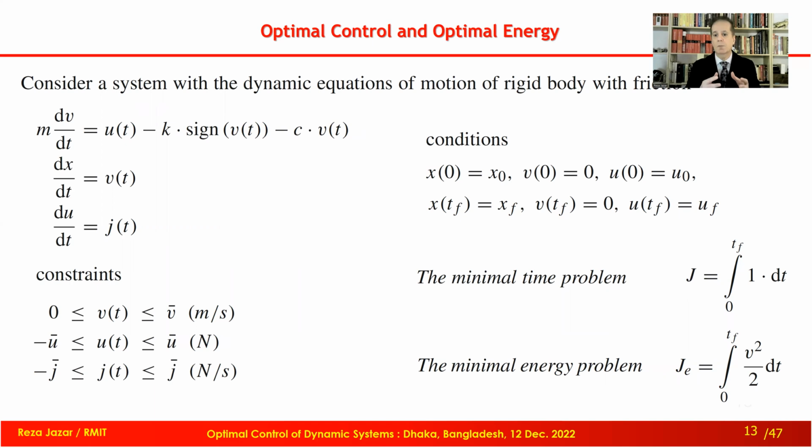It means we have a dynamic system. From some state, it's moving to another state, and we wish to do this time optimally, energy optimally, jerk optimally, or whatever is the criteria for optimal control. We can prove, at least for a single rigid body or single particle, that time optimal control and energy optimal control are equivalent. Very interesting. Just these two, not other things like jerk optimal control.